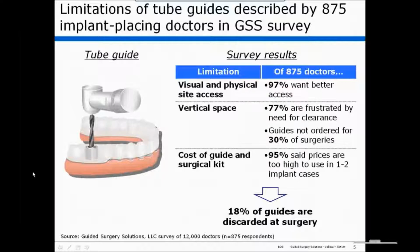Basically, its limitation is you don't have visual and physical access to the surgical site. Oftentimes, many tube guides have a large flange. And pretty much all of the doctors acknowledged they wanted physical and visual access to the surgical site. Another major issue is the need for increased vertical space. 77% were frustrated by the need for clearance. And more interestingly, they noted that in 30% of their cases, they didn't order a guide because of their concerns